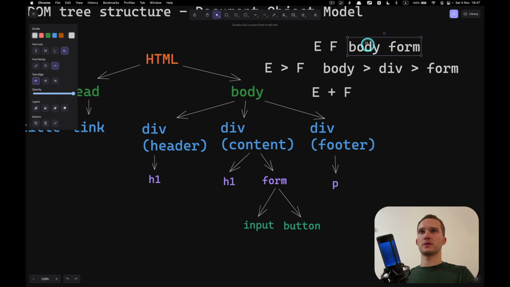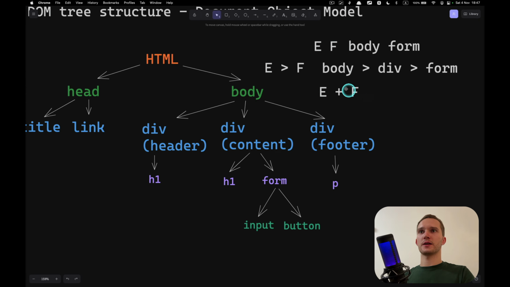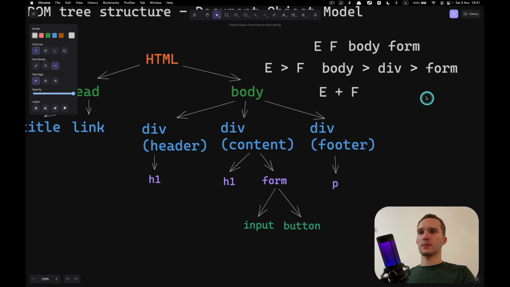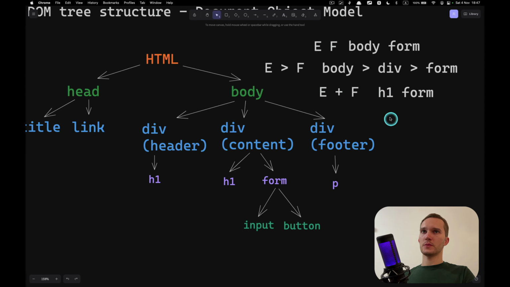Okay, and the third type is this one with the plus. So remember, this one is all the descendants, this one is only direct children, and this one is siblings. Siblings like brother, sister. So if we are selecting, let's say, H1 + form, then first it will find the H1, it will find it here and here, these 2 elements, and then it will find the closest sibling.